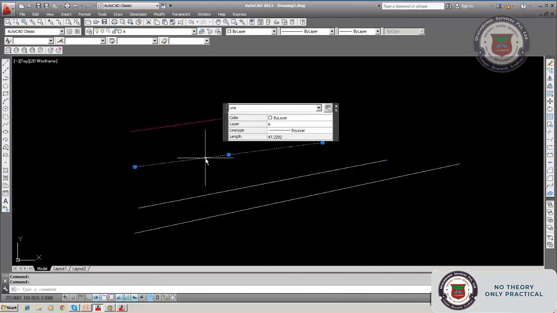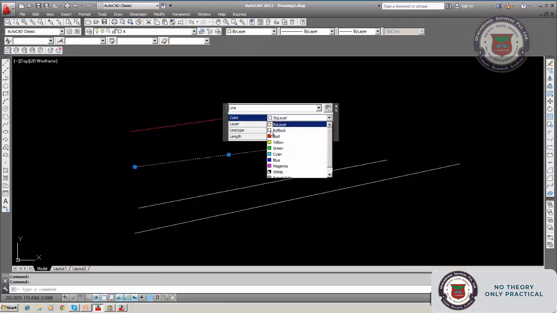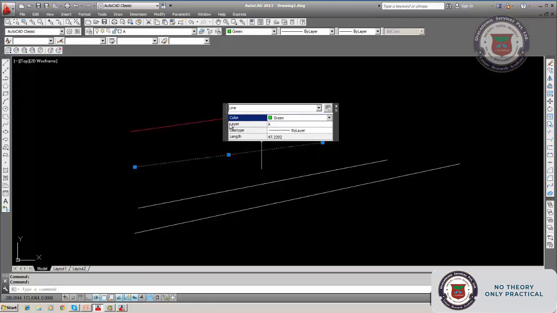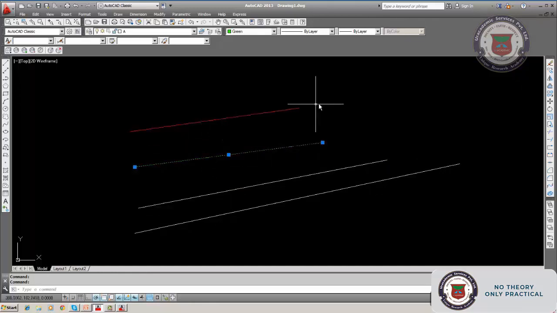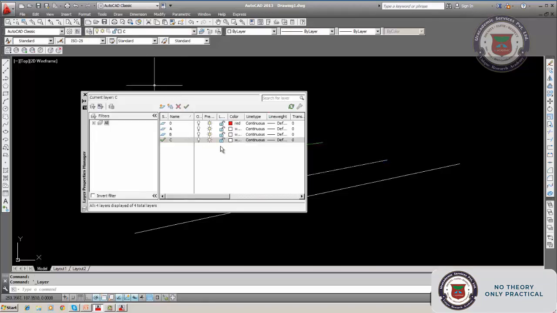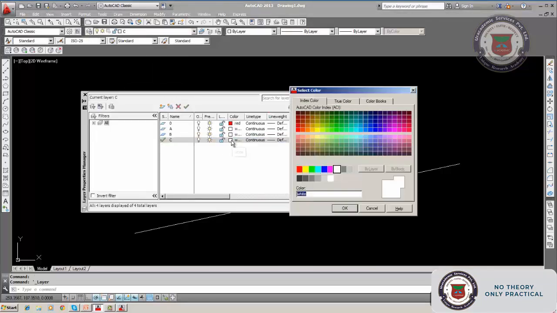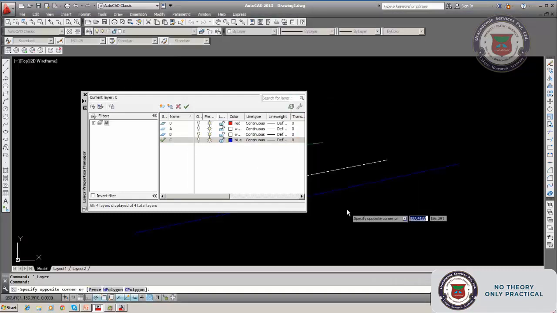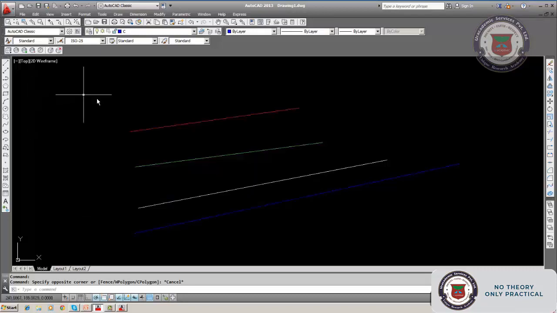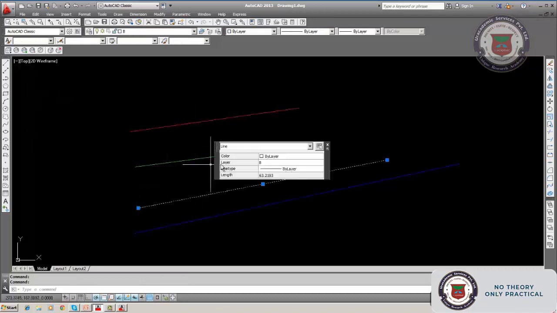Similarly, if you want to change the color of this layer A, either you can change it here, green, and pull down menu you can change, or you can select this layer also. You can change the color if you want. See here, you select the layer, current, blue you can make. Blue, and this also you can change if you want.